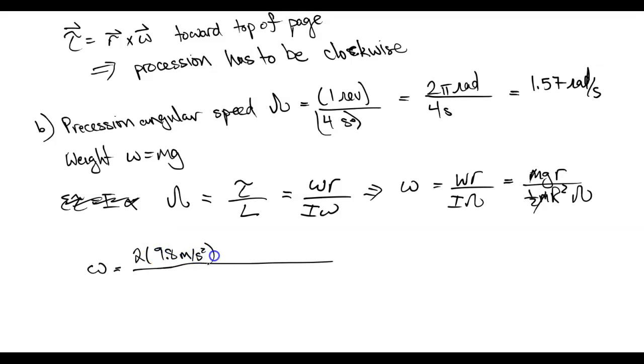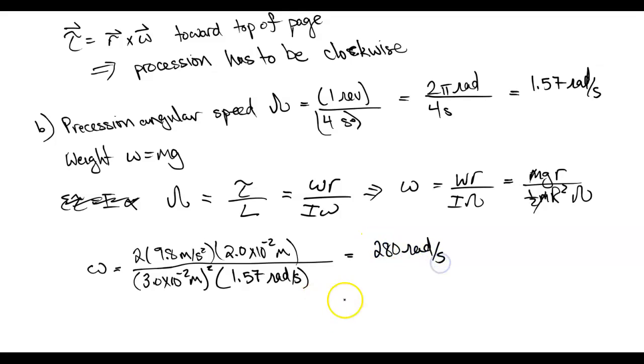meters per second squared, that's g, times r, which is 2 centimeters, or 2 times 10 to the minus 2 meters, divided by capital R, which is 3 centimeters squared, times capital omega, which is 1.57 radians per second. We do that, we get about 280